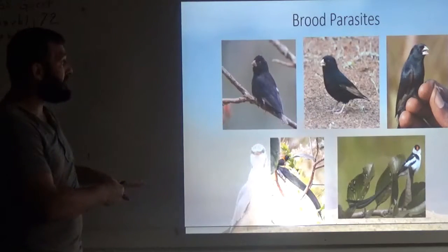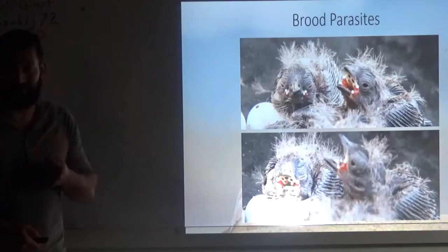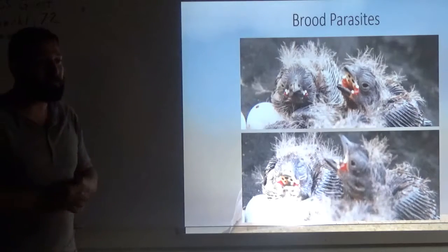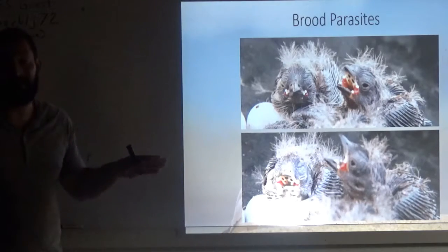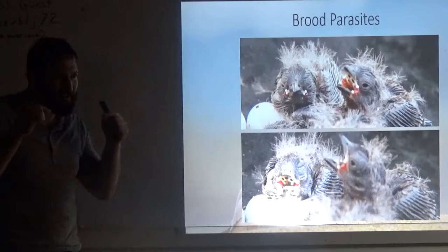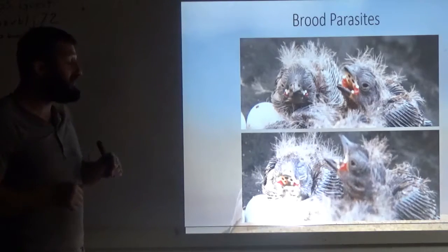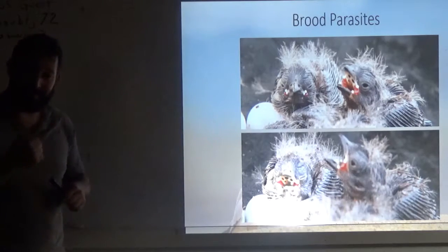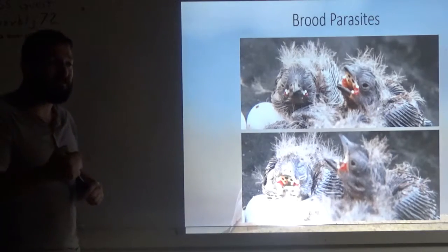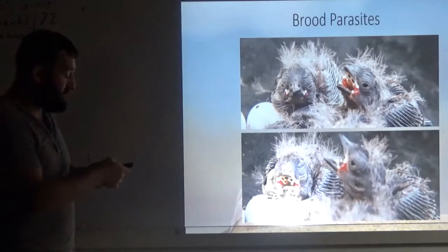So, the host species developed a mechanism to try to defend against this evolutionarily. Most birds just have a yellow gape on the side of the mouth that says feed me. And cowbirds, for example, have an extra bright yellow gape so that they get fed over the host bird. The host birds here evolved a defense mechanism, which is very, very specialized markings in our mouths so that our mothers know only to feed us. So this bird, for example, which is